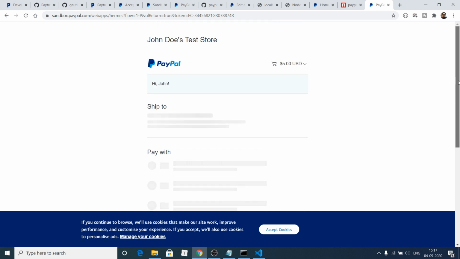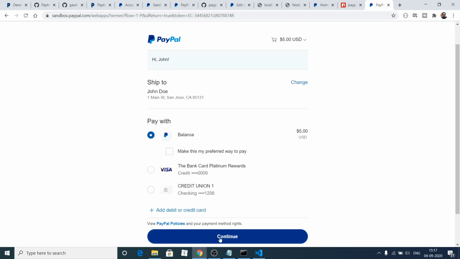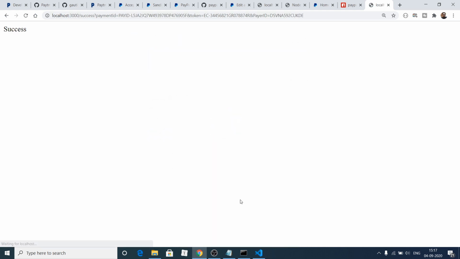You will see this is a page here, and if I click on the continue option, you will see the success message which is printed out. So we have successfully made this payment.